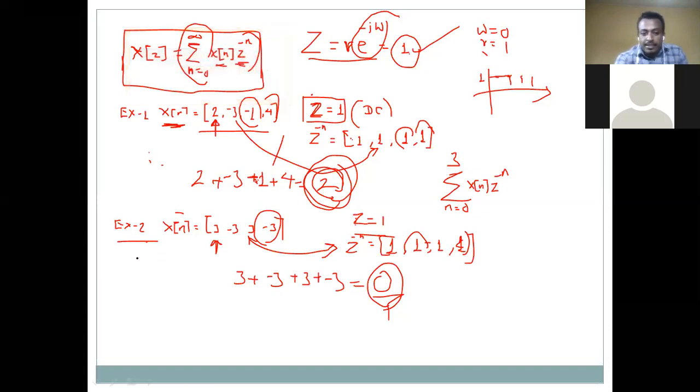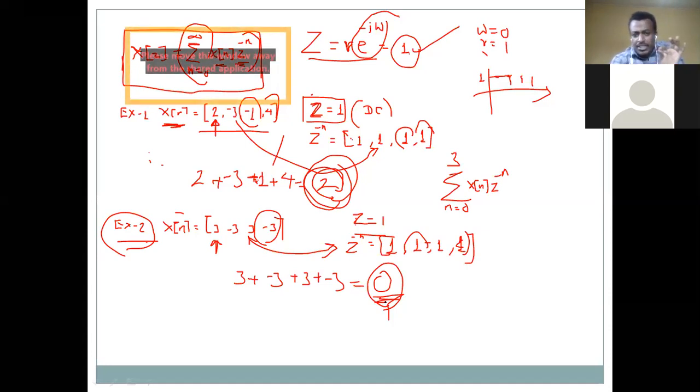But in the second part, we get 0 correlation. Correlation between x of n and z to the power of minus n, which is a DC. Correlation 0, similarity 0 means inside this signal there is no